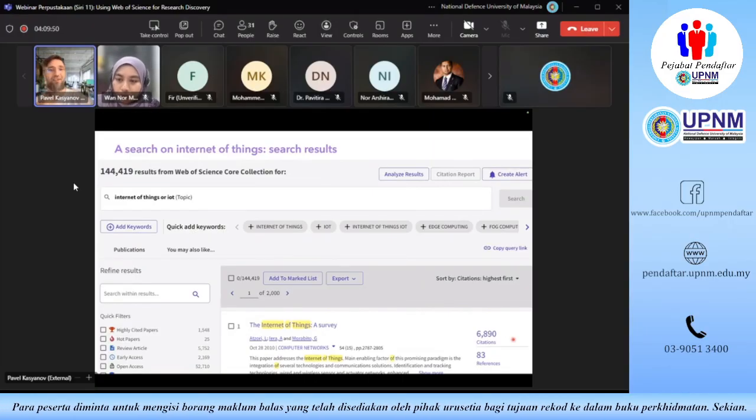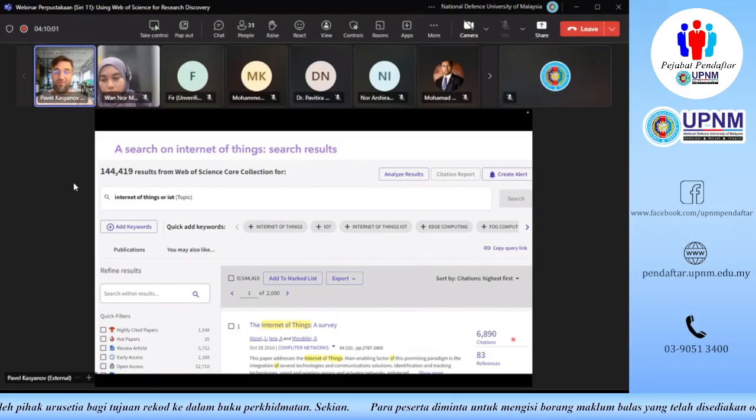So that allows us to filter the most impactful, the most important records. And imagine if you are doing new studies in the topic of Internet of Things, you probably absolutely need to read this article if you haven't yet, because this is one of the most important articles relevant to the topic of Internet of Things. Okay, that's the point.